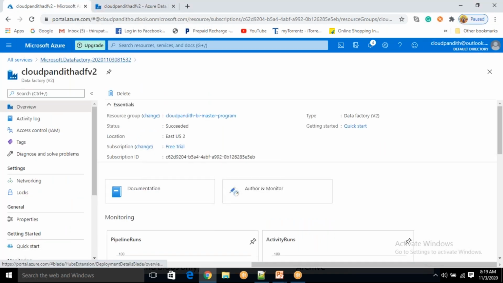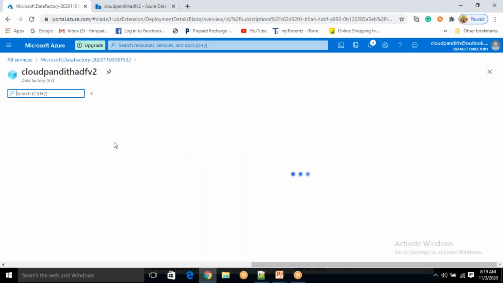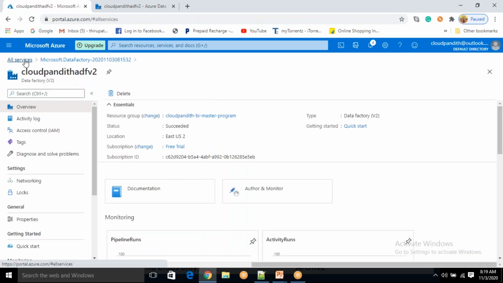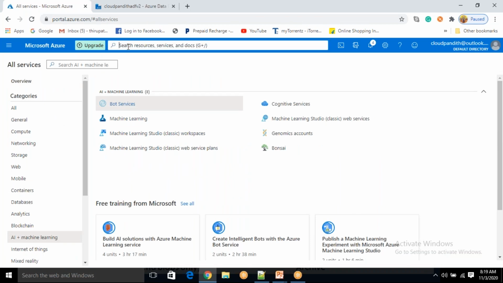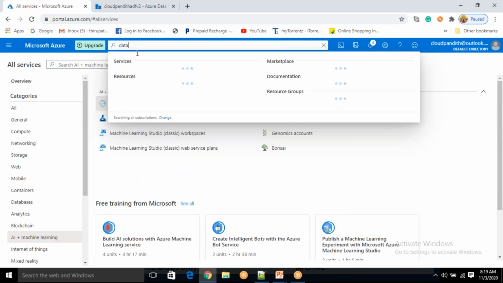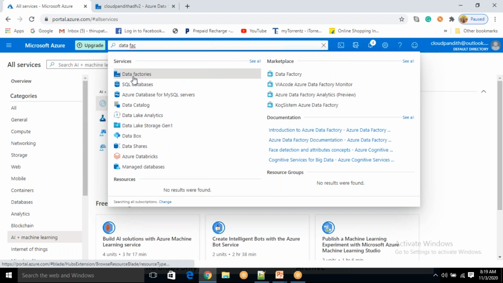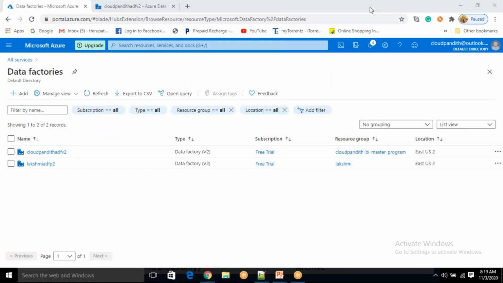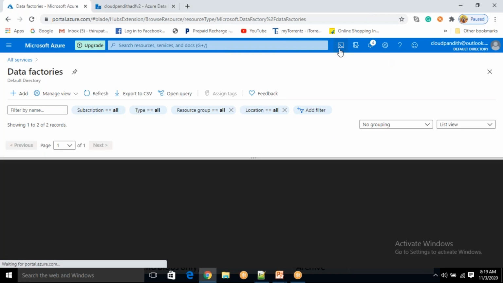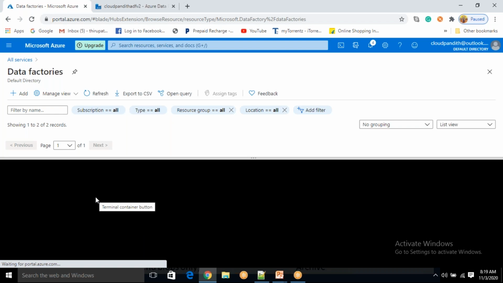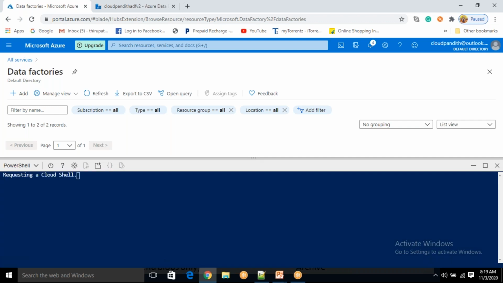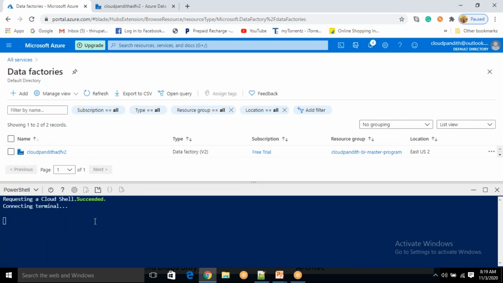So the only final thing that is left for today is that I need to create the data factory from PowerShell. I will show you how you can create the data factory from PowerShell. So just one minute, not more than that. Okay, so now you see, click on this, we have a PowerShell here. I'm not going to explain what these modules and all those things are. I will just show you how you can create, because in detail I will discuss in upcoming sessions. It is connecting to PowerShell.